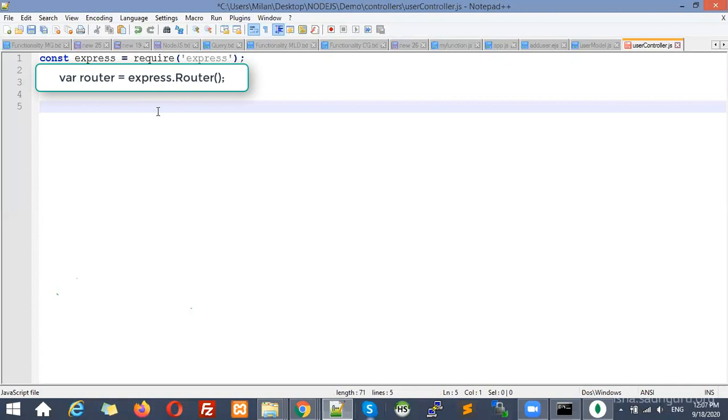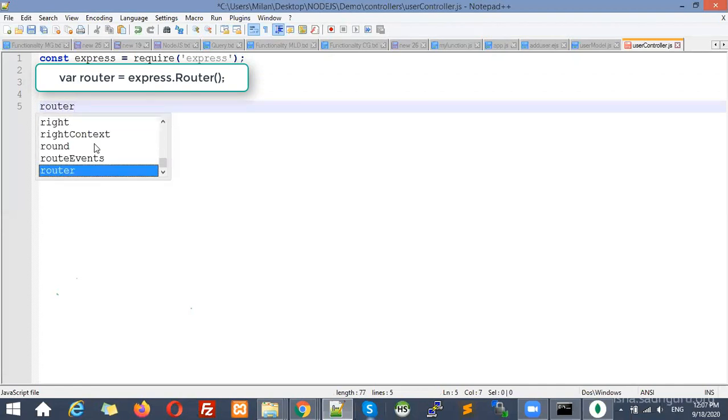If you are aware of Laravel or any other framework, you can see there is one file with the name web.php or web.config. So this file has the routes. So same way we are creating routes over here, and all routes will be available in the app file.